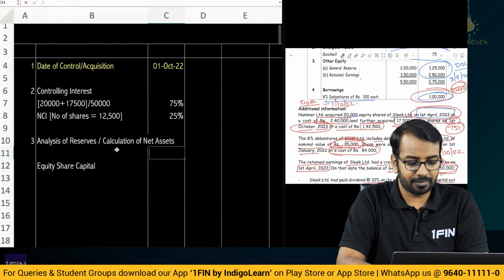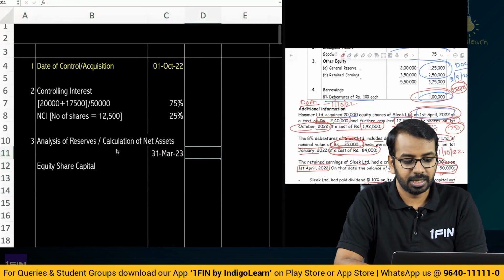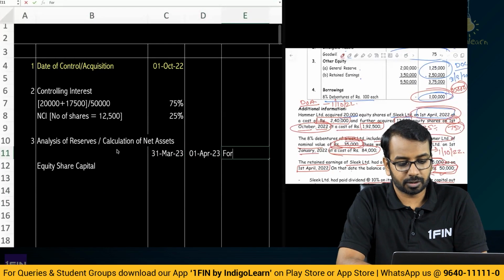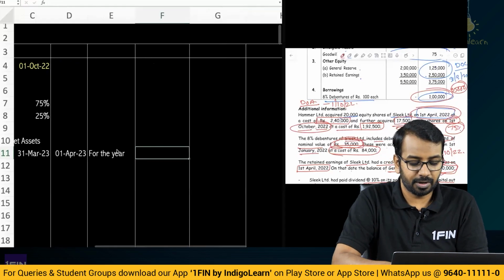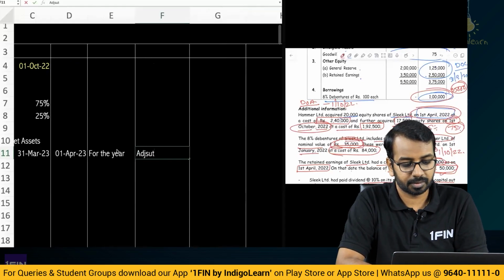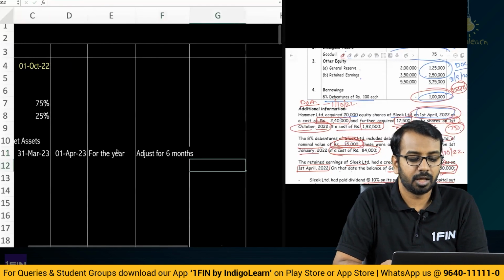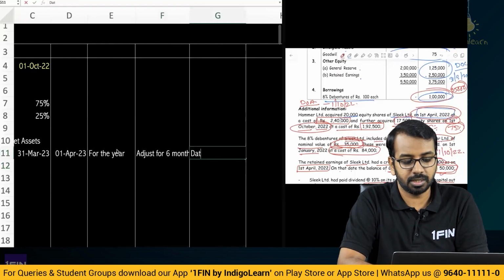This number we have as on 31st of March of 23. We also have the number on 1st of April of 23, and we need to see the movement for the year. Then we have to adjust this for 6 months. Of course for share capital we will not have, but for others we will have, then we will get to know the date of acquisition